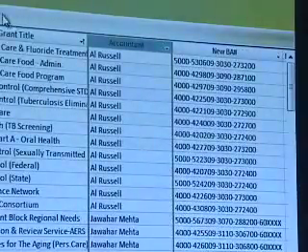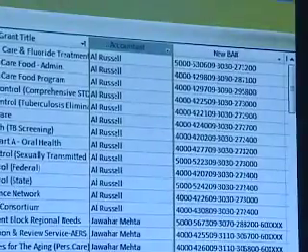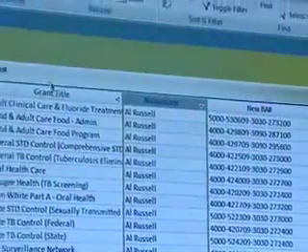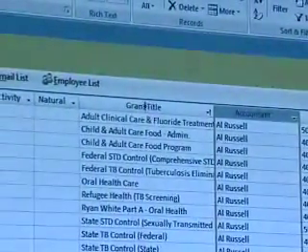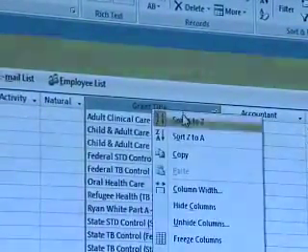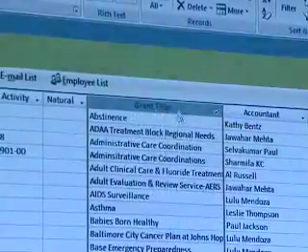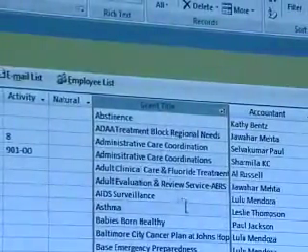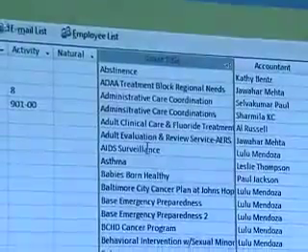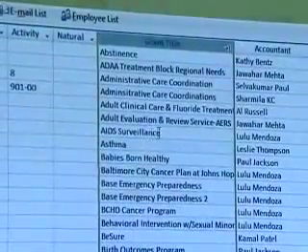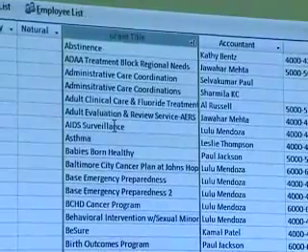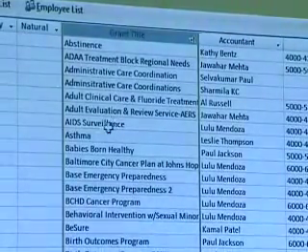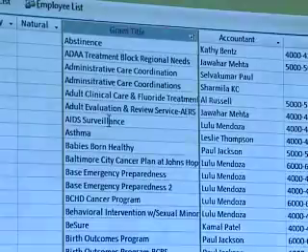Now, what I want to do next is browse through a particular grant. So why don't we go back to Grant Title and right-click it and sort it A to Z. And I want to take a look at the AIDS Surveillance Grant. So if I'm Lulu Mendoza and I log into the grant management system and I want to know something about my AIDS Surveillance Grant, I simply double-click AIDS Surveillance,